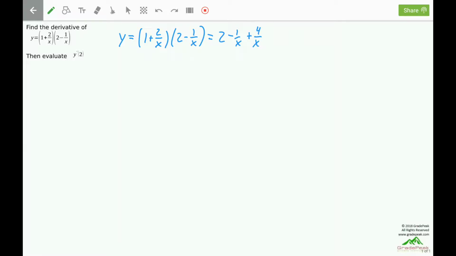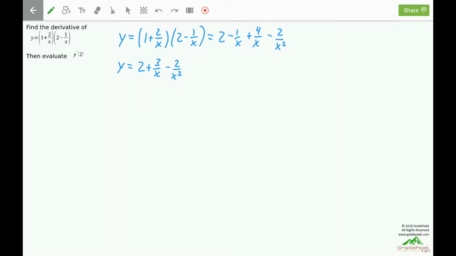And then last, 2 over x times a negative 1 over x. Multiply the numerators, 2 times negative 1 is negative 2. Multiply the denominators, x times x is x squared, so negative 2 over x squared. Now the middle terms, the outside and inside terms, can combine. We have a negative 1 over x and a positive 4 over x. Let's combine those together. So y is going to equal 2 plus 3 over x, and then minus 2 over